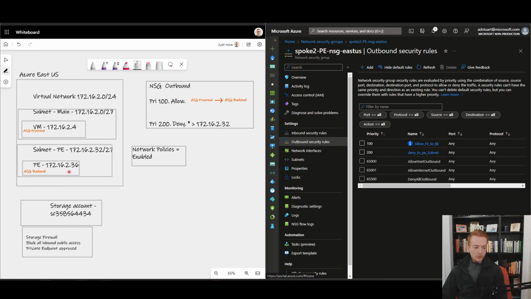See the IP addresses on the screen here. This private endpoint is connected to an Azure storage account, and this storage account has got all public access disabled and only this single private endpoint enabled. I've carried out the associated DNS integration, so I've got an Azure DNS private zone. So from this virtual machine, when I try and connect to my storage account, it does return the 2.36 address,